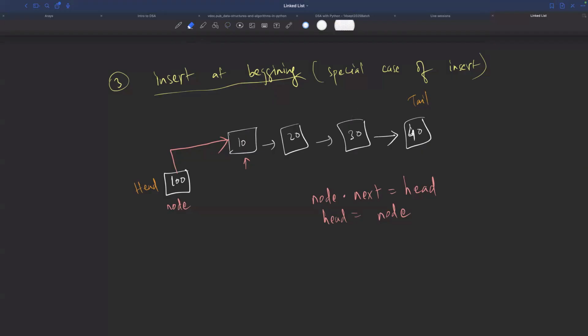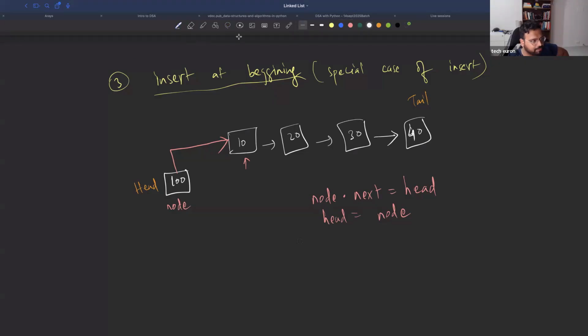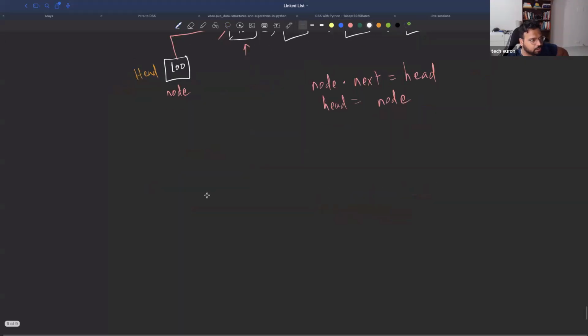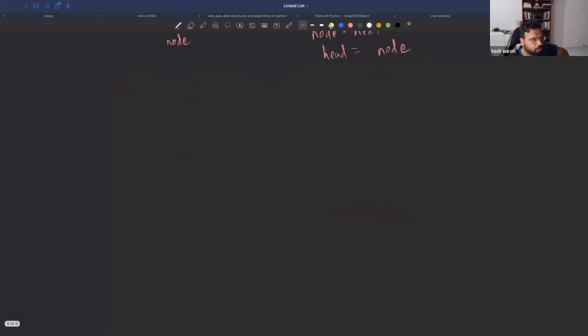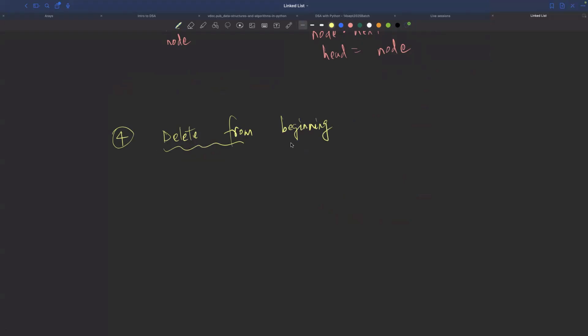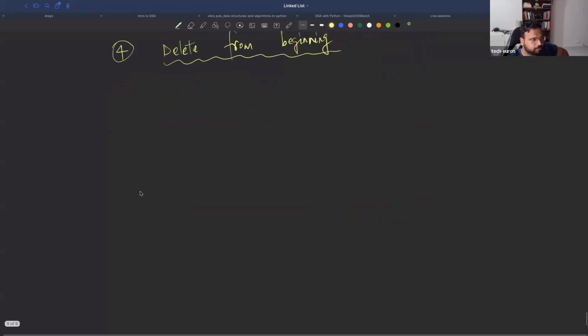Understood. So from the linked list perspective, we have the head and tail as permanent variables. Actually, those are not variables, we call them pointers, but they are fixed. But they can change also. Head can change also. Suppose I want to remove this. We will see that when we want to delete some element. Suppose the fourth operation that we want to do is delete from beginning. So delete from beginning means,